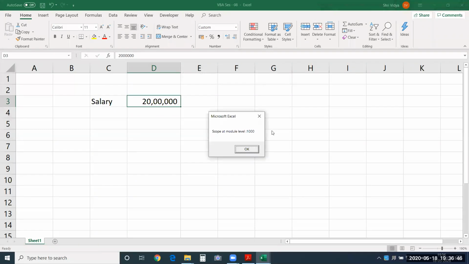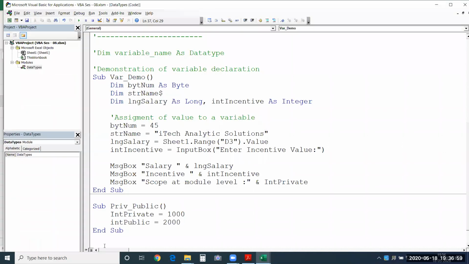Now you can see the private variable, whatever value we gave to that particular variable, is available here. Int private, whatever value we gave to it, is available. We did not declare this here within this macro. So we declared it outside in the global declaration space and we just assigned values to them in a separate macro.